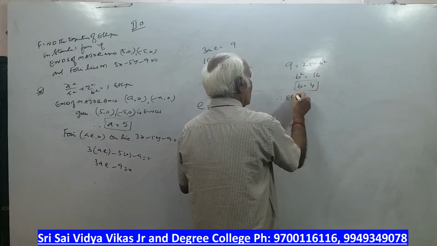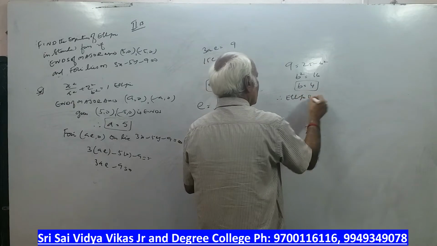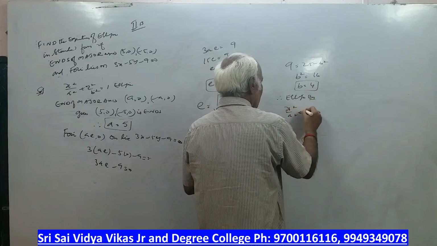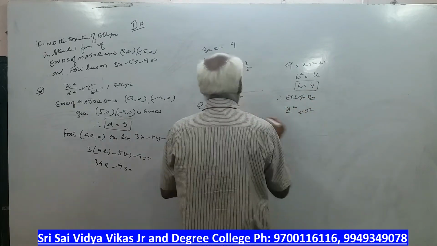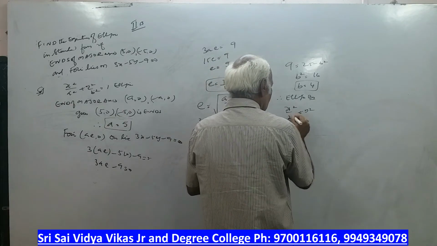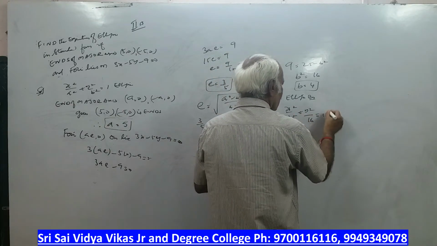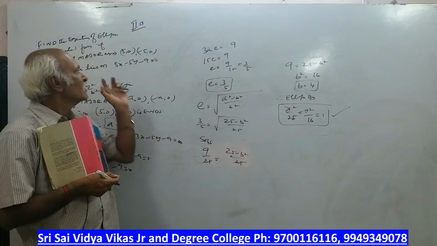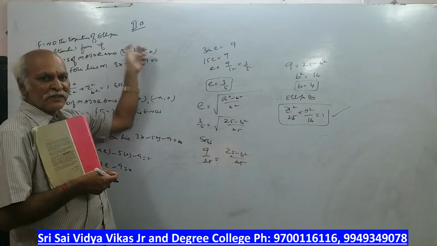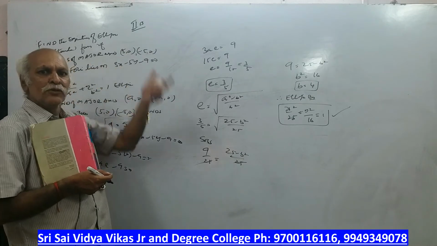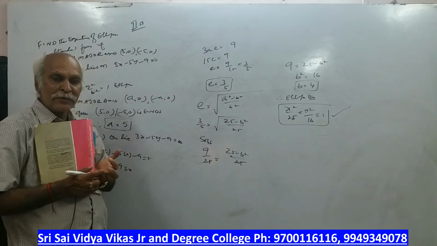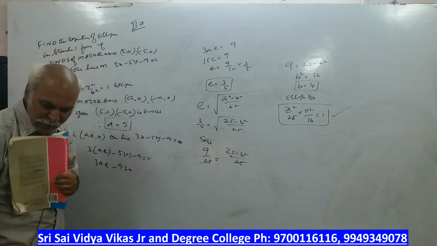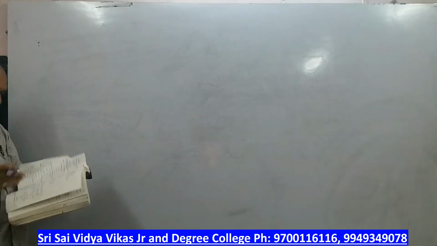Therefore, the ellipse equation is x square by a square, where a square is 25, plus y square by b square, which is 16. So we applied the conditions: the ends of the major axis are given and the foci lie on the line. We have done 3-4 conditions, 4-5 problems based on this type of conditions. Please note this. Next.